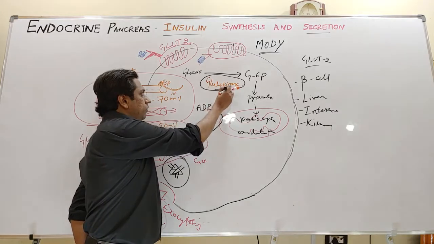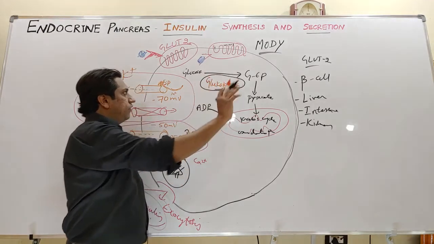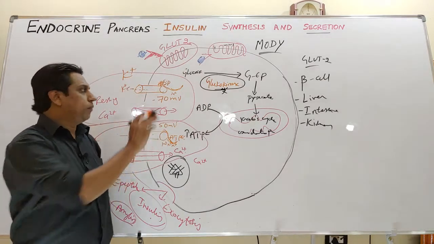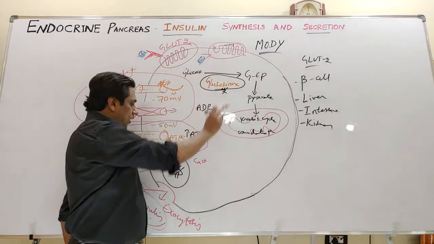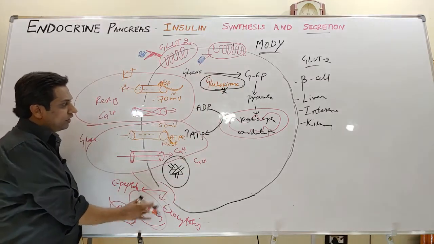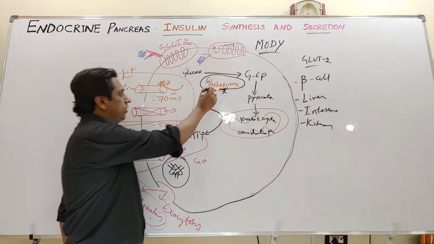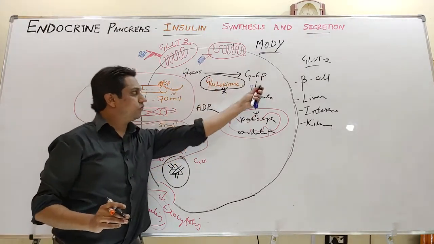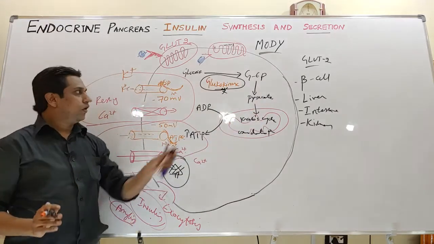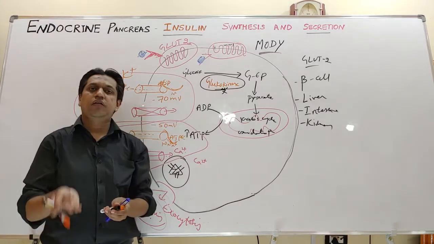There is a mutation of the gene for glucokinase, and this enzyme glucokinase is not functioning properly. Because of that, even if the glucose enters the beta cell, the cell is not able to release the insulin because all these chemical processes are hindered. Okay, because this rate limiting step, glucokinase, is not converting glucose into glucose 6-phosphate and ultimately pyruvate. So the insulin is not secreted and blood sugar level increases, and diabetes.